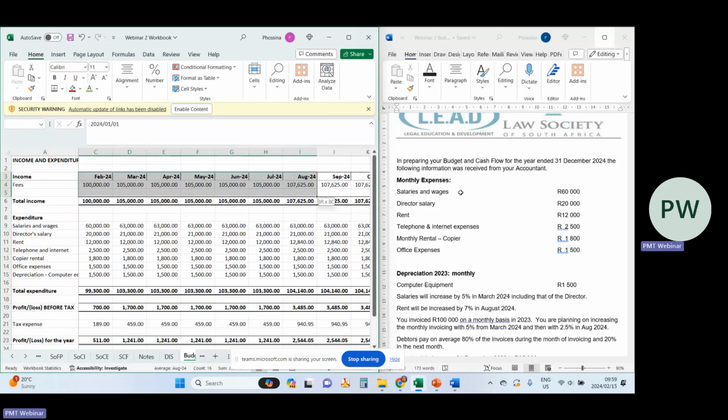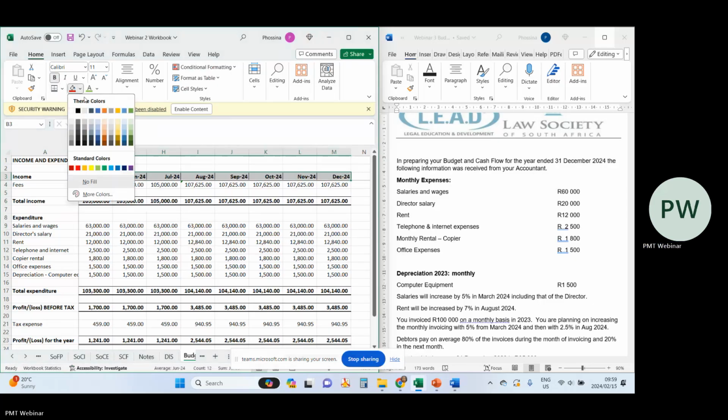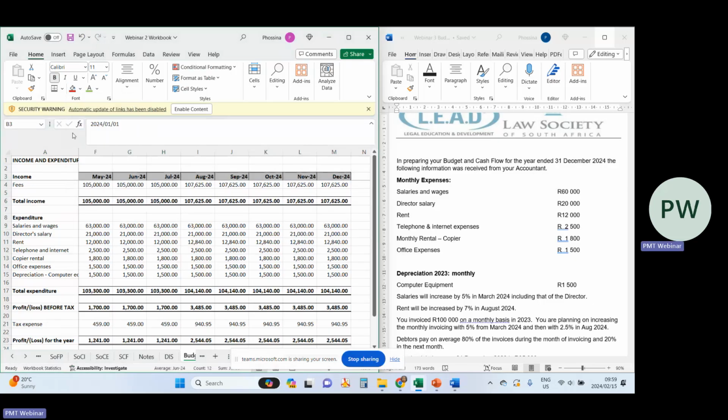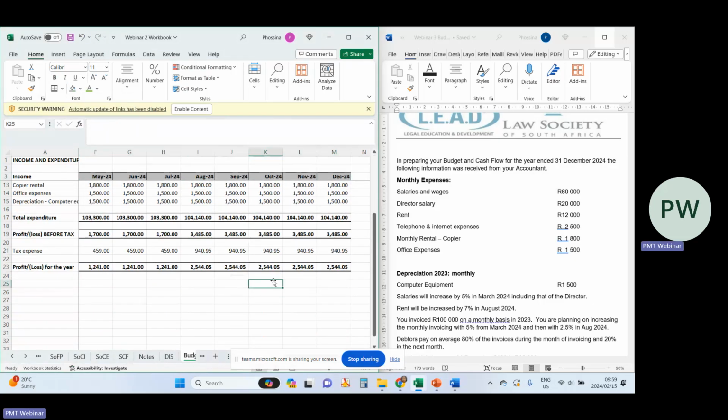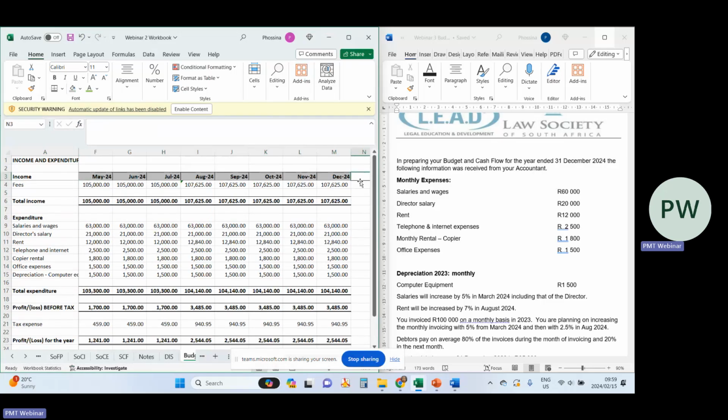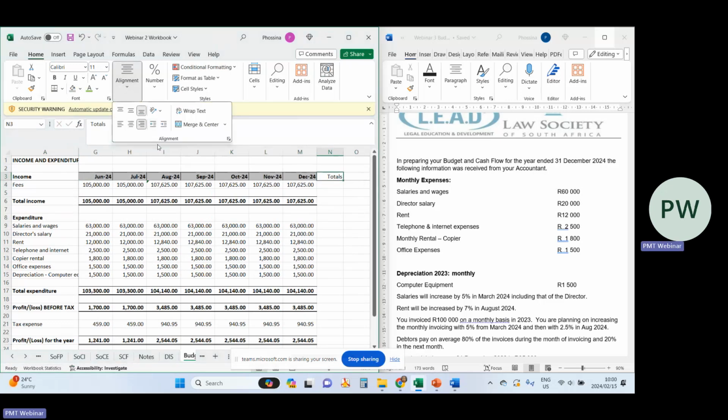So I can do a bit of cosmetics, and then I gray it out. Maybe a little gray. Okay, like that. And then we can do totals. We can put totals for everything. So our totals will basically